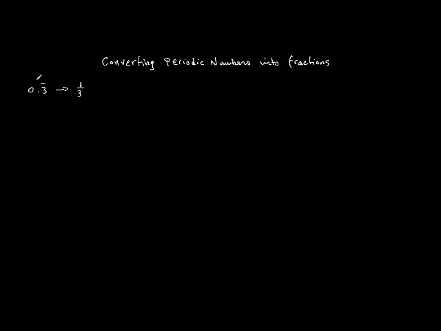But if you didn't know that this fraction is 1/3, let's see how we can convert 0.3 periodic into the fraction 1/3. So the first thing you want to do is say, okay, let our variable x be our repeating number, 0.3 repeating. So what we do is we assign some variable to this periodic number. And the next step we do is we multiply by 10,